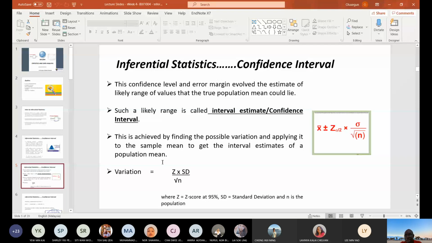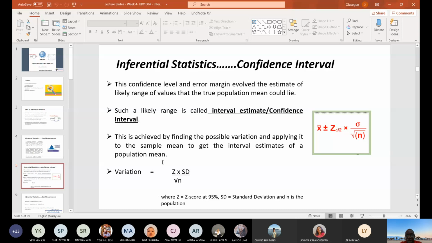This equation here is telling us that when we know our mean, we take plus or minus a z-score multiplied by the standard deviation of the mean divided by the square root of the sample, which will give us